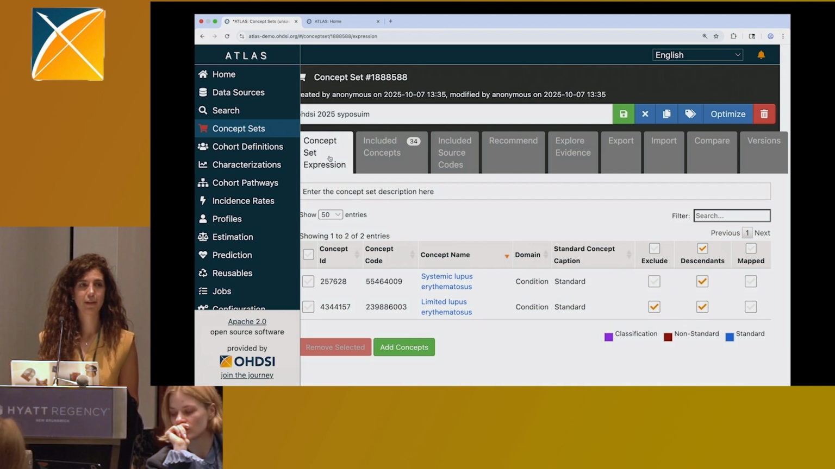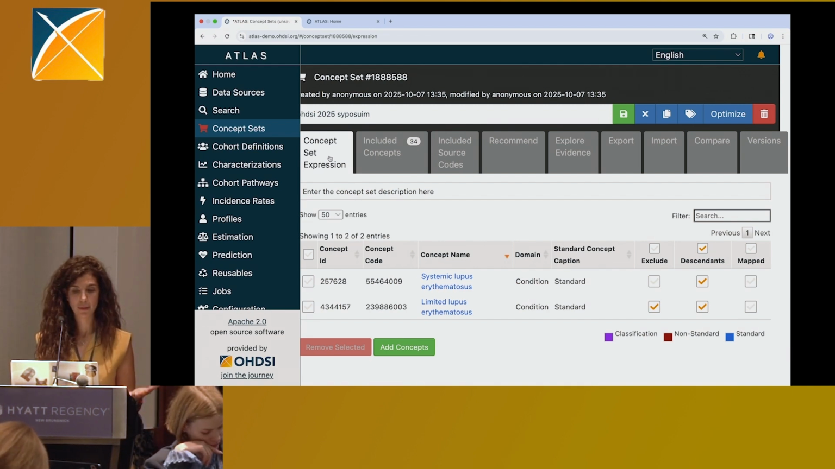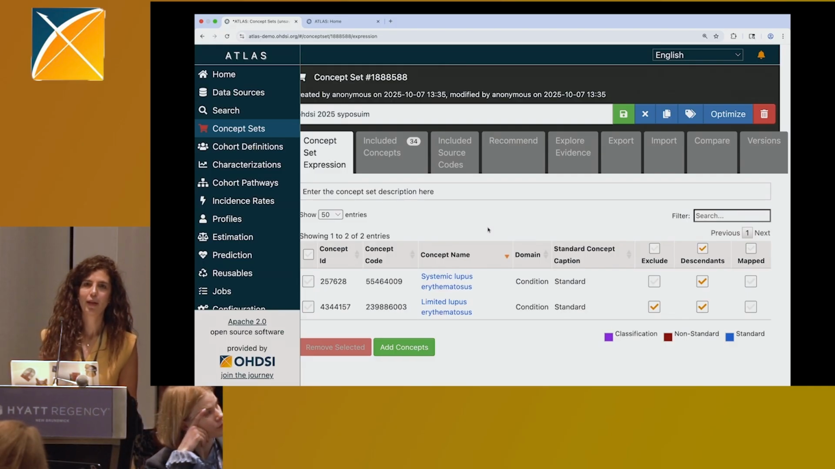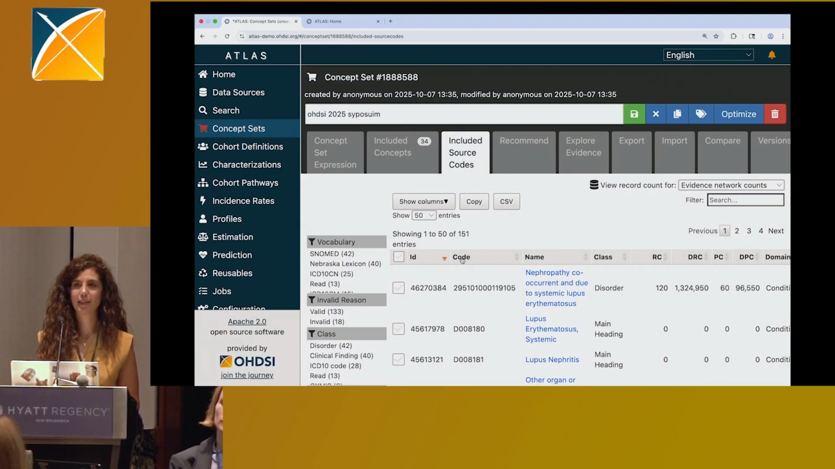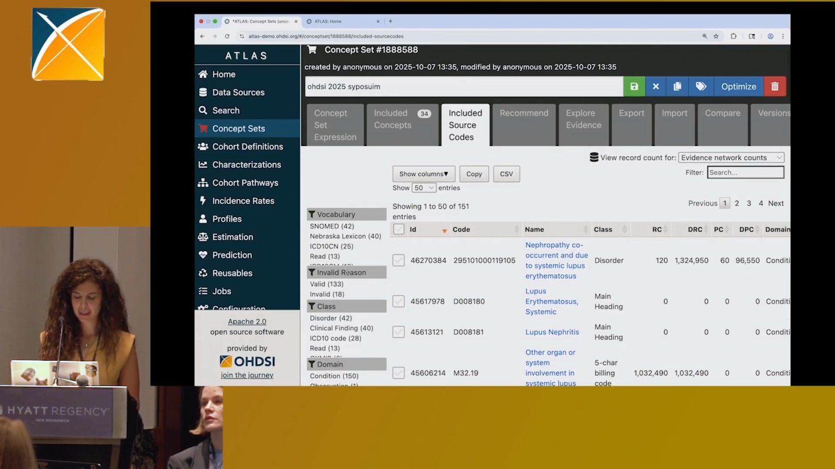Did I include everything? Is everything I included legit? Now, what if somebody gave you a list of ICD-10 codes and you want to know, did I include the ICD-10 codes that were given to me? In that case, you're going to go into included source codes. And whatever list was given to you, in whatever vocabulary, you can filter on that vocabulary. So if you were given a list of ICD-10,